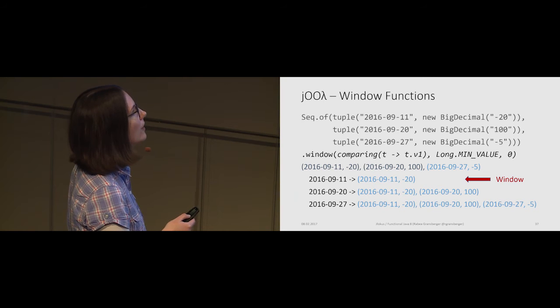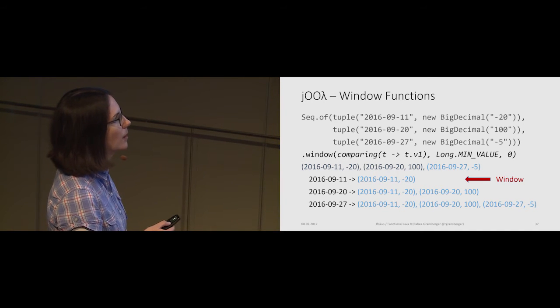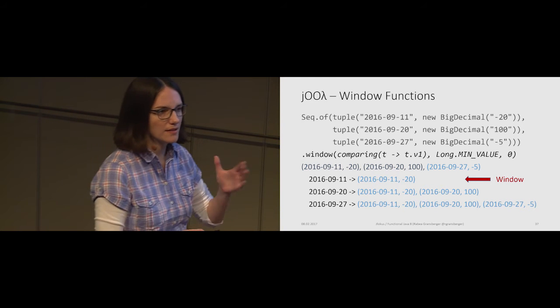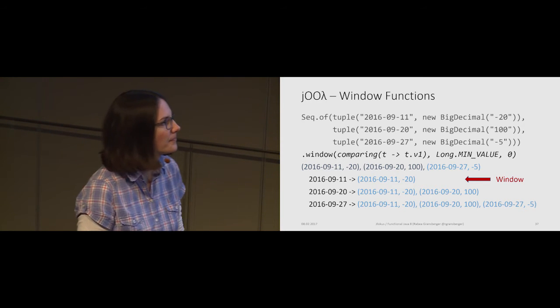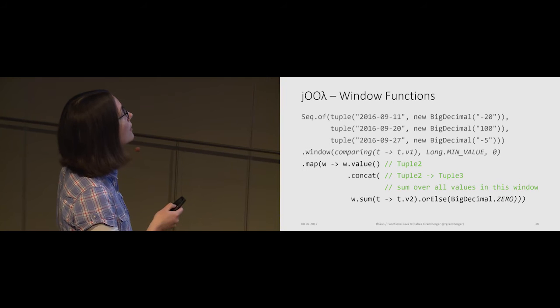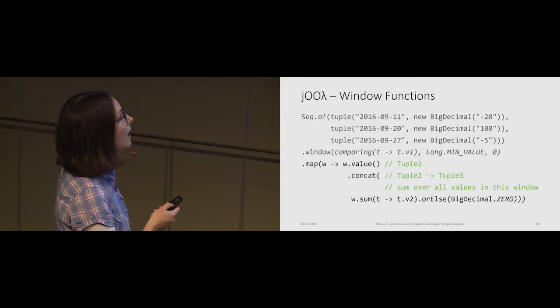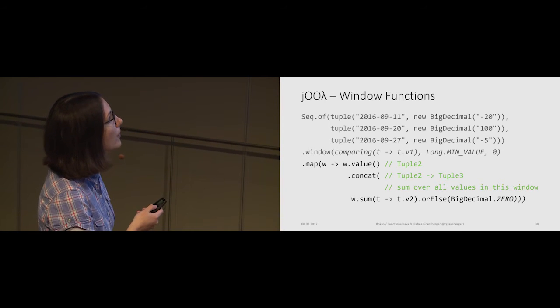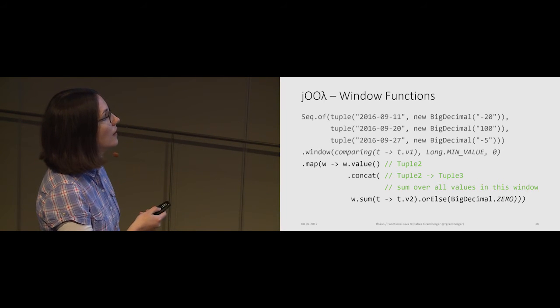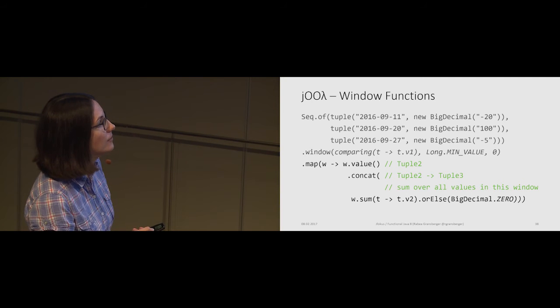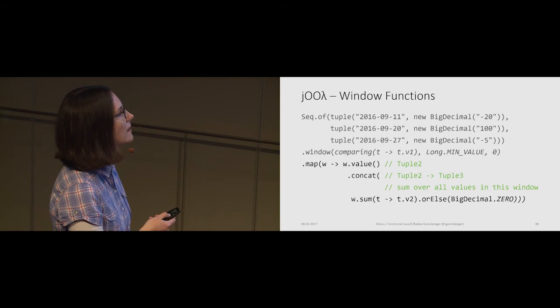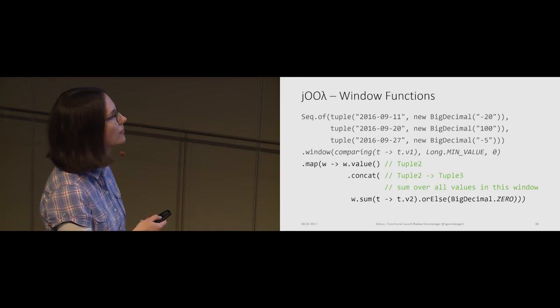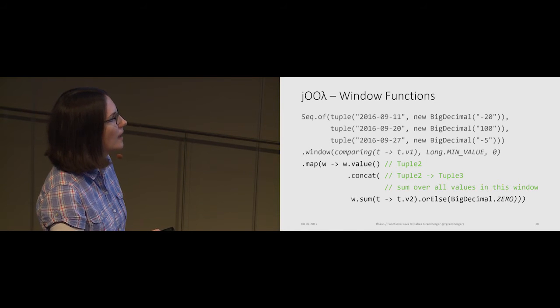So for each of the elements in the stream, we're calculating their windows, which means all the related values. And we're passing in the function what we want to actually look for, what we think is related. And then it gets very simple. So if we have our windows, we get the window, and we say, OK, with the value of the window, which is our tuple 2, we concat another value. So we get from tuple 2 to tuple 3, so from 2 values to 3 values. And we calculate the sum over all of our window values. So we're adding up all the values of our windows, and if we have nothing in the window, we return